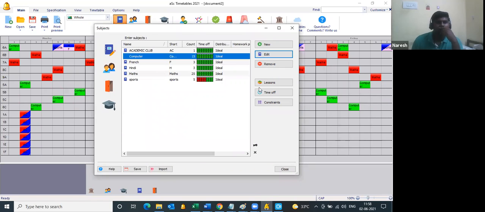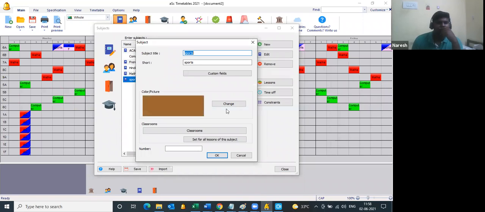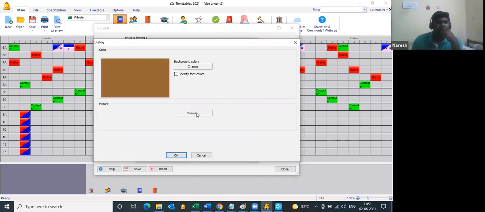Similarly for sports, edit, change, browse.